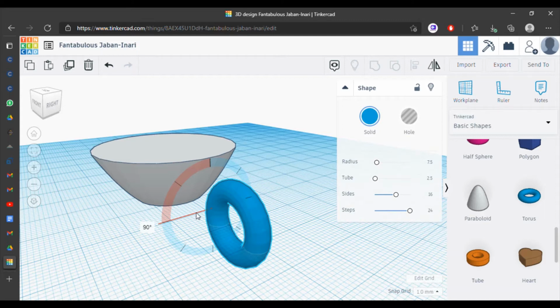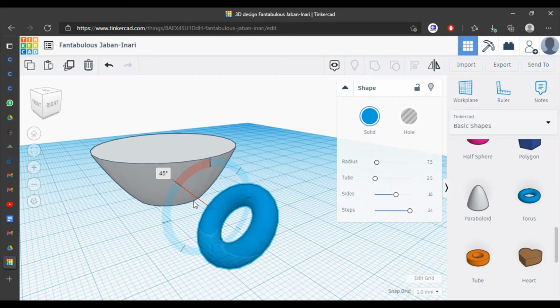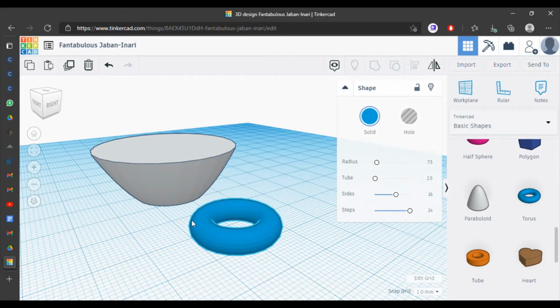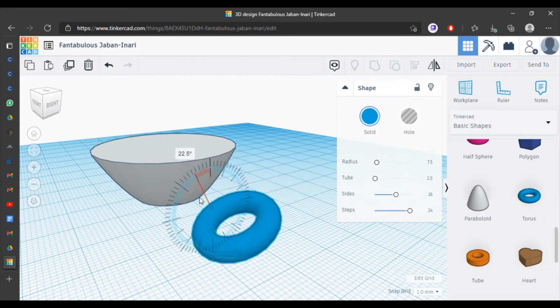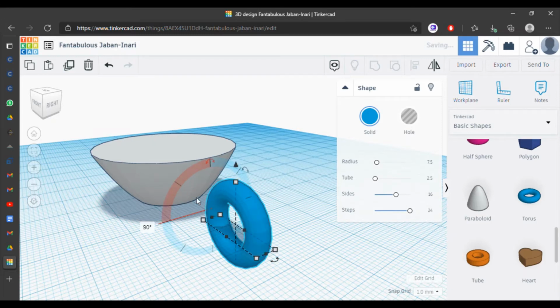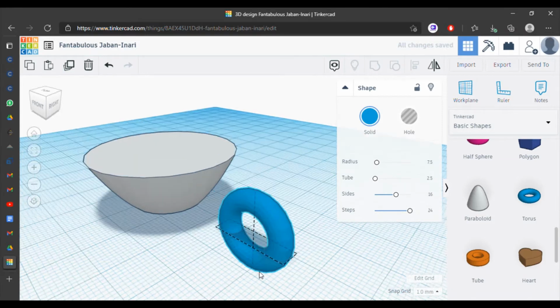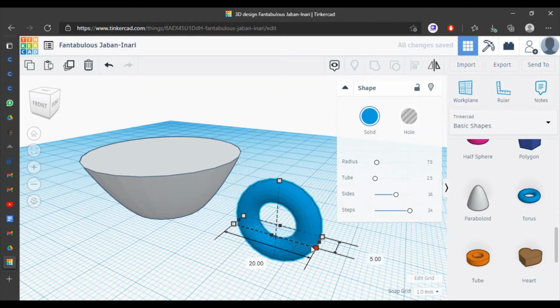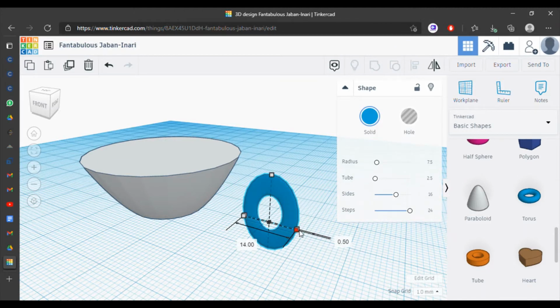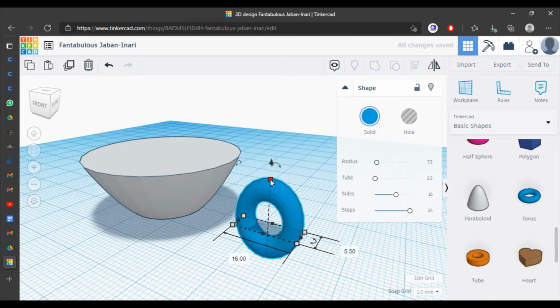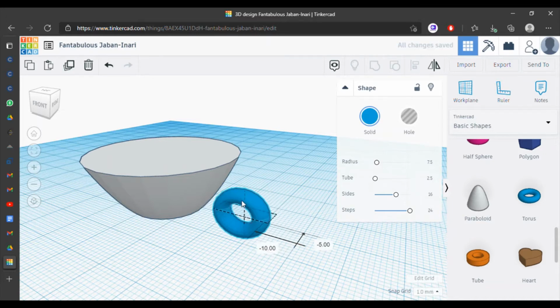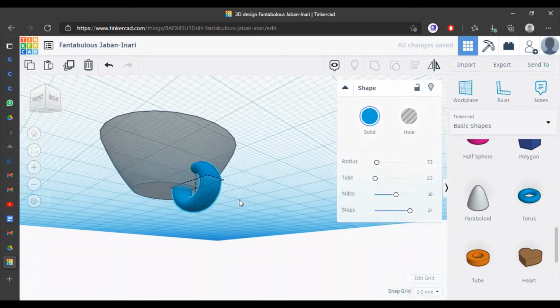It works in multiples of 45 degrees. Either you can rotate it 45 degrees by pressing the shift button, or you can rotate it 90 degrees in multiples of 45. Alright, now we will adjust the height and shape, everything according to our needs, and then we will bring it closer to the cup.